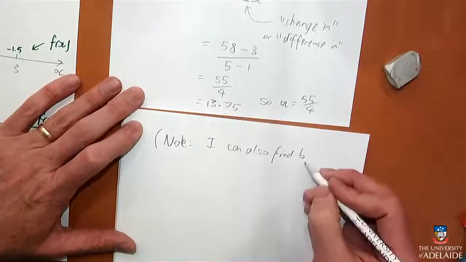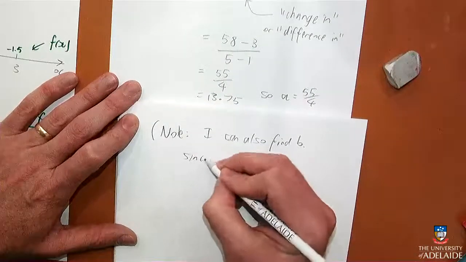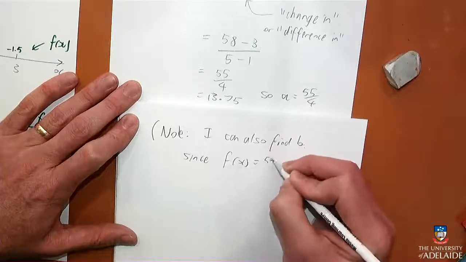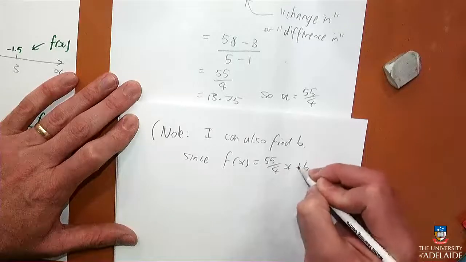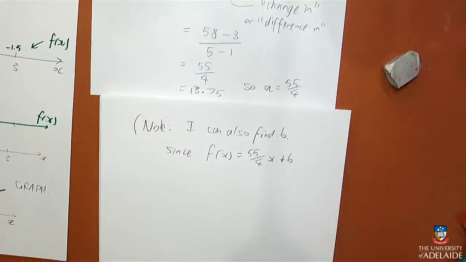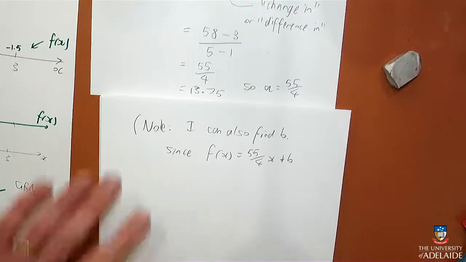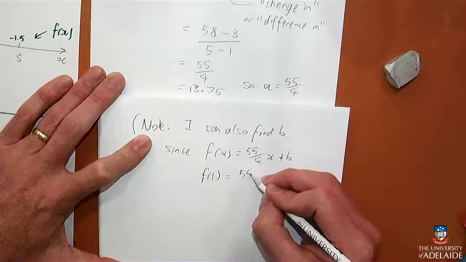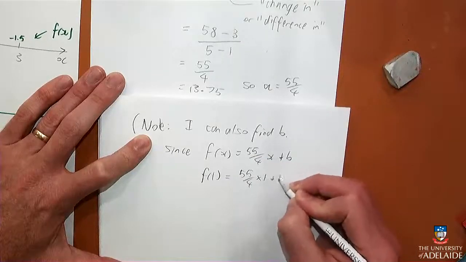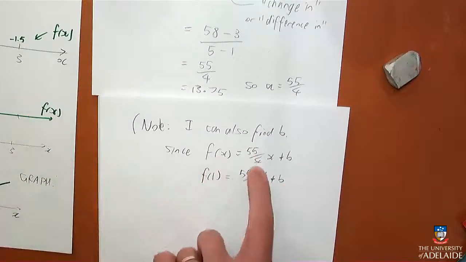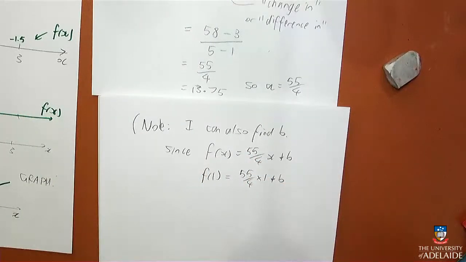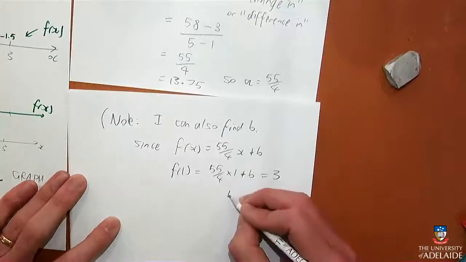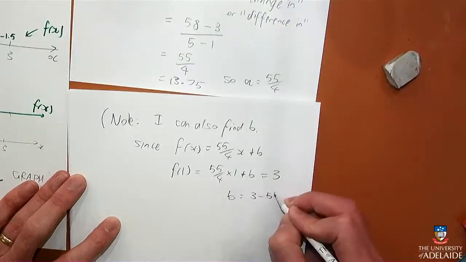I can also find b. Since f of x is now equal to 55 on 4 x plus b, and I know that f of 1 is supposed to be 3. So when I sub in 1, I get 55 on 4 times 1 plus b, and that's supposed to come out to the answer 3. And so b must be 3 minus 55 on 4,